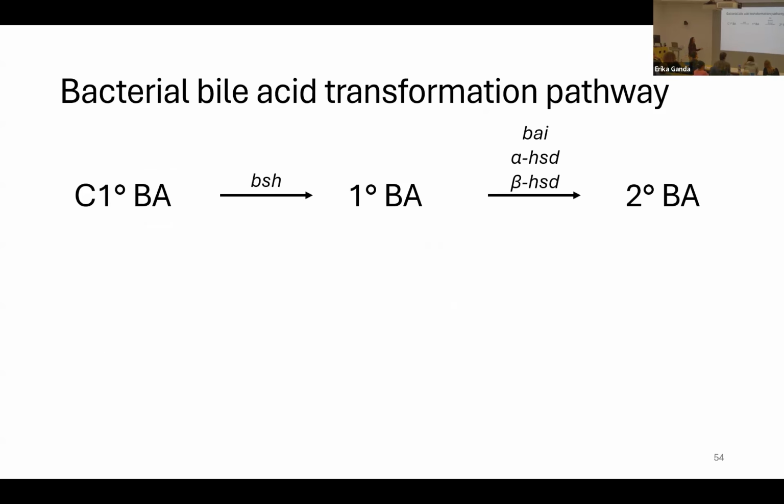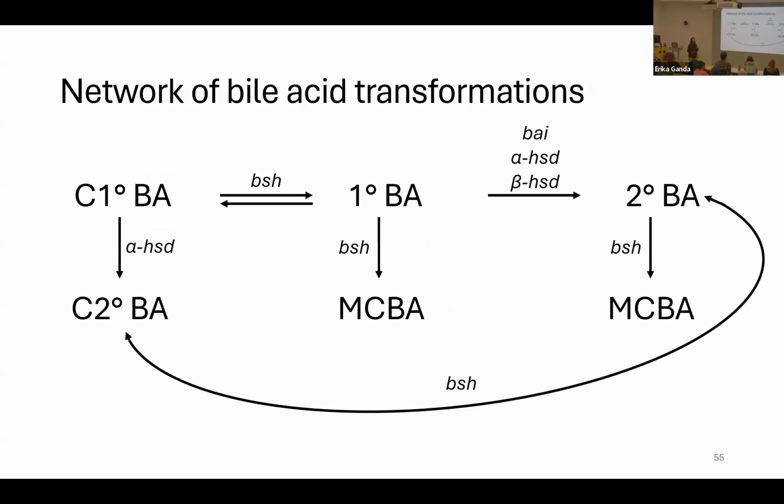So, right, we started with this very linear bile acid transformation pathway. And now I'm thinking of this more as a much more complicated bile acid transformation network. And perhaps it's no surprise that it's been very hard for scientists to manipulate this system with targeted bile acid production, because there are so many different ways that bile acids can be transformed by so many different bacteria all at the same time.